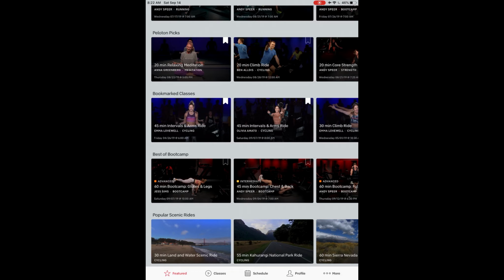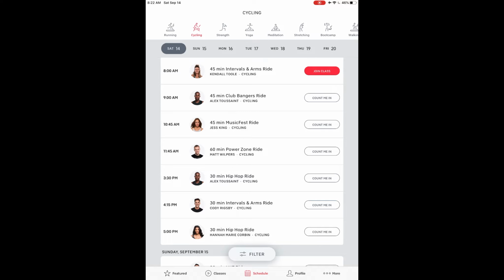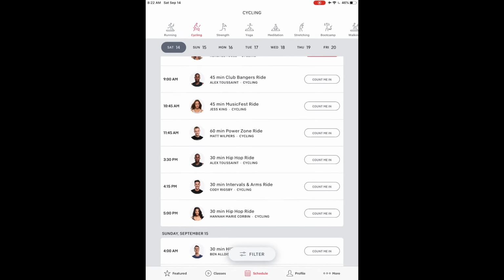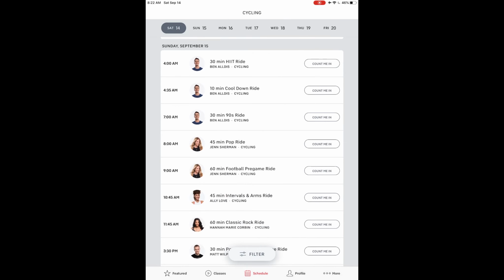So we have looked at classes, going over to schedule now on the bottom. This is currently what's coming up, and at the top you can see based upon what you select. It's on cycling right here. We can also select by day: Saturday, Sunday, Monday, Tuesday. We'll just scroll through here. You can see there's that 45-minute interval and arms ride I was mentioning, and you can scroll through and see